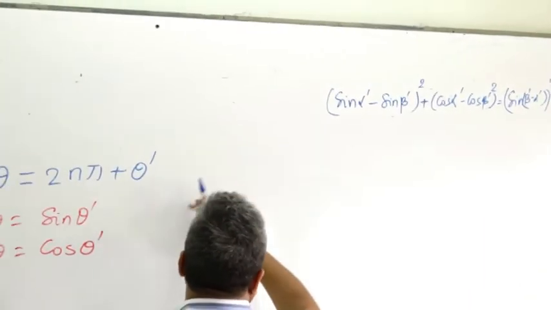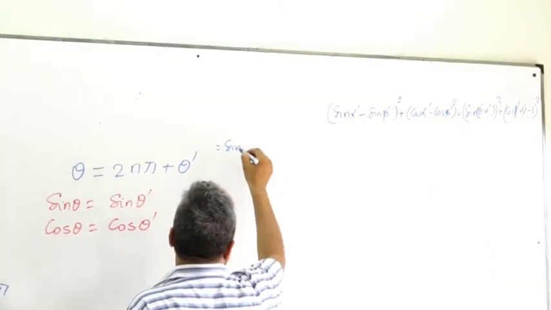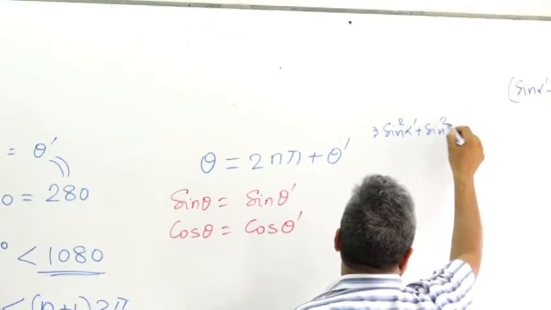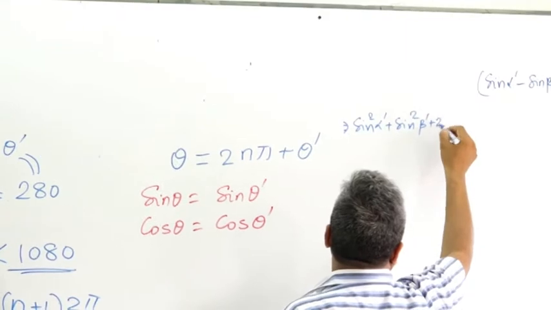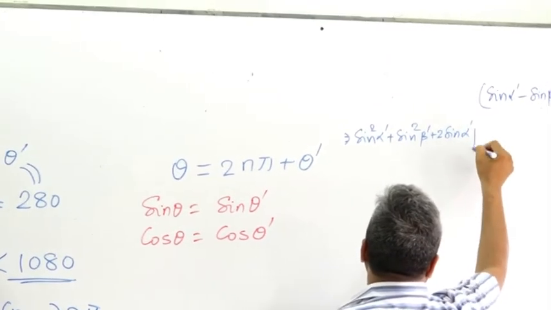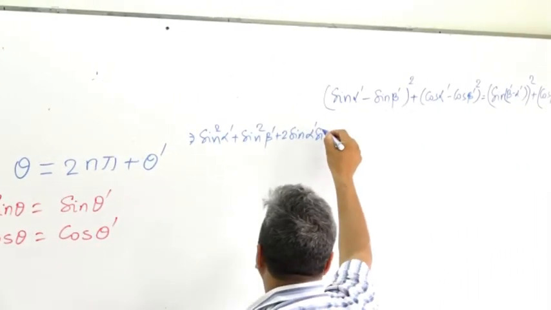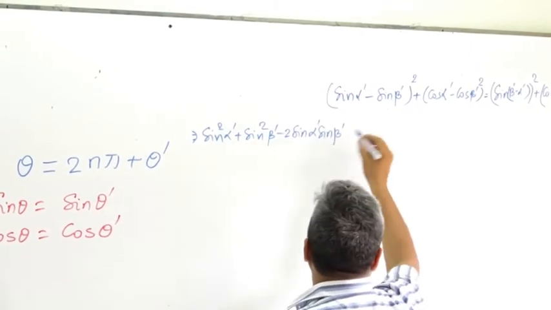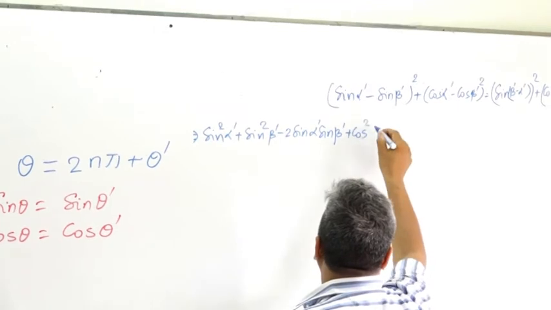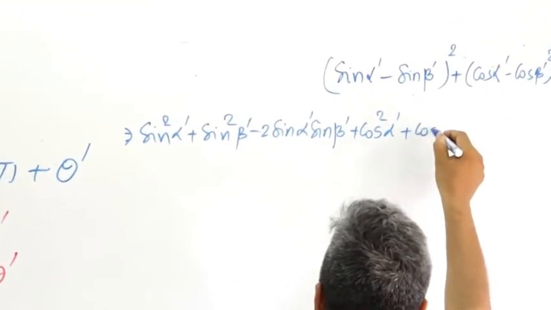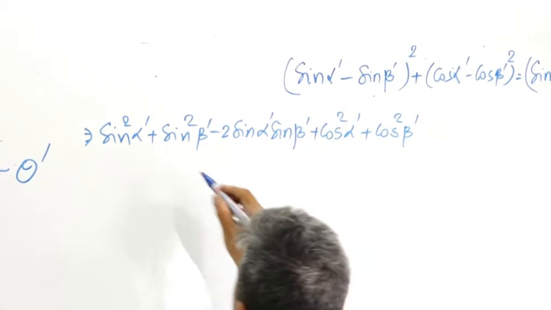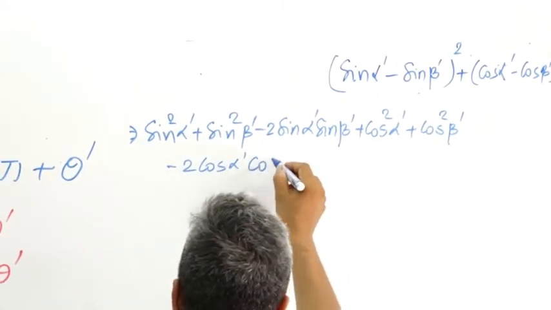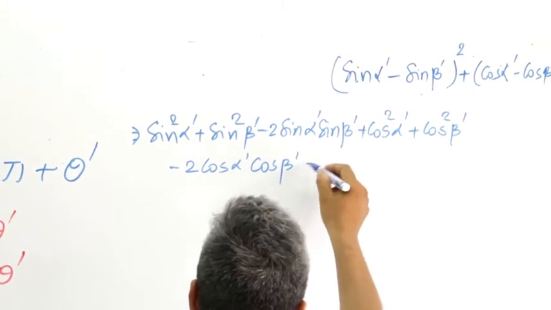So let us expand. This is equal to sin square alpha dash plus sin square beta dash minus 2 sin alpha dash sin beta dash, plus cos square alpha dash plus cos square beta dash minus 2 cos alpha dash cos beta dash is equal to,